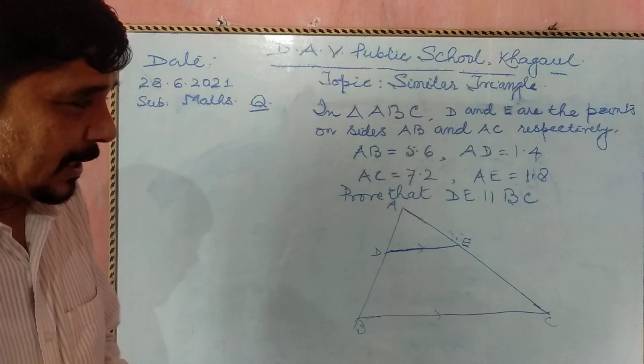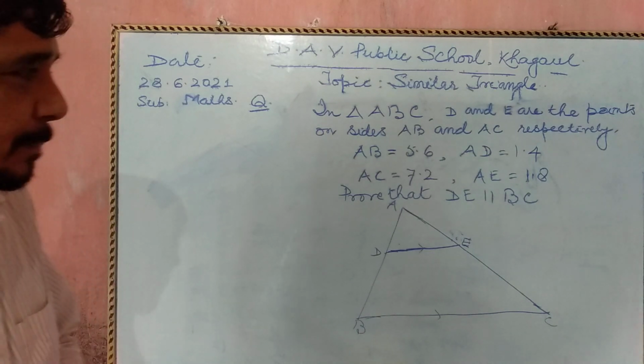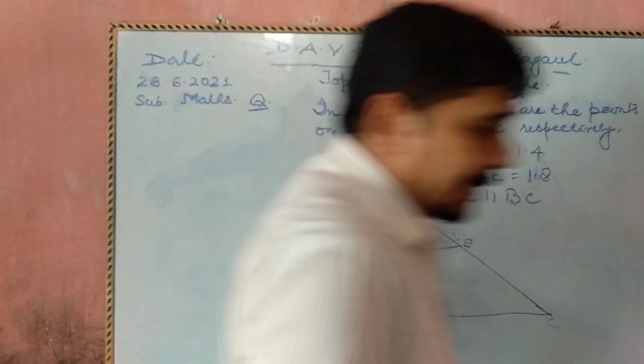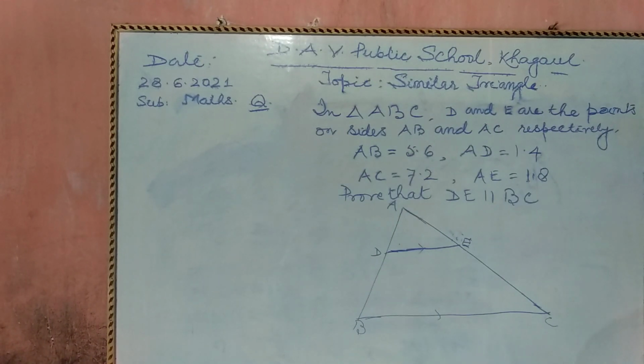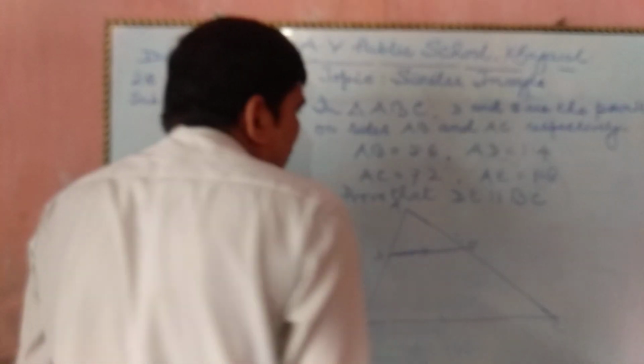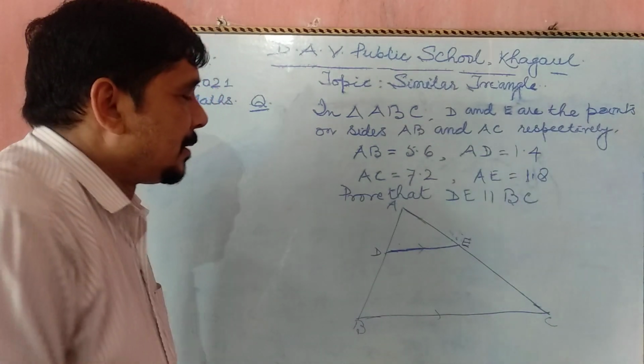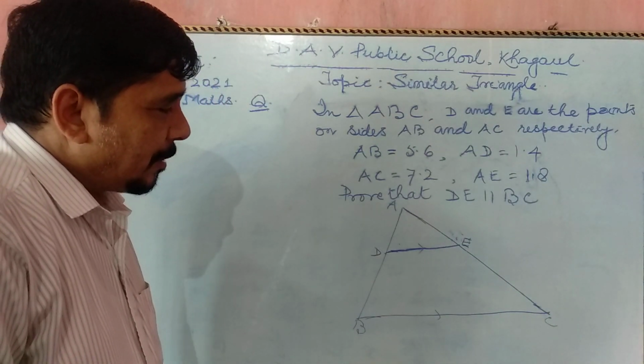So now the converse of the BPT theorem: if in any triangle the ratios of the corresponding sides of the triangle are given and come equal, the ratios of one side of a triangle